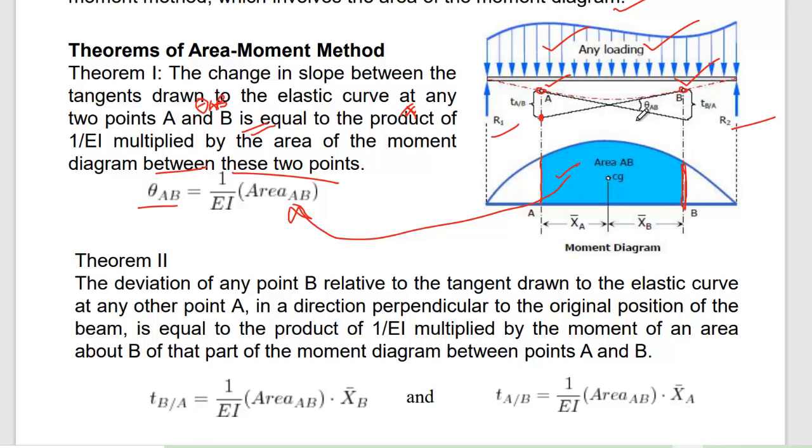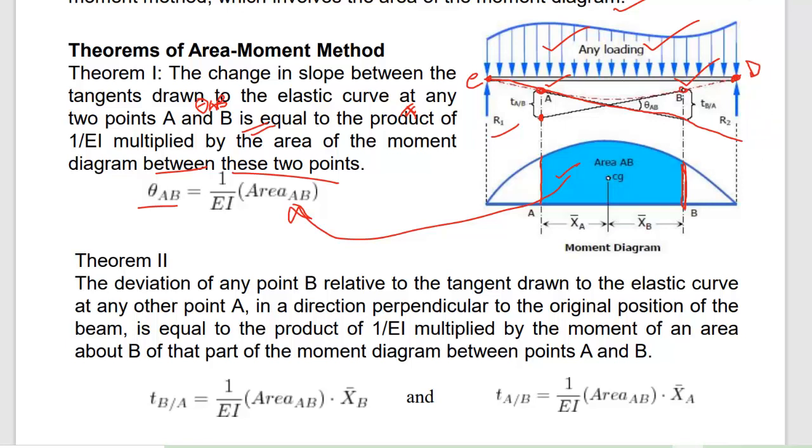Do you understand? This one we are considering T A by B because we consider the elastic curve point A to tangent B. This is T B by A because we are considering elastic curve point B to tangent A, right? So if I draw a new tangent from here, suppose this is C tangent, because I consider this point is C and this point is another tangent, that is D, just for an example. Okay,